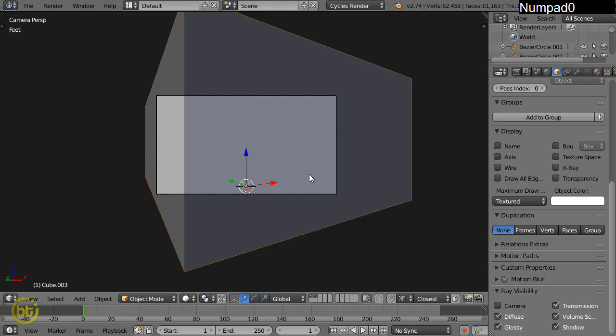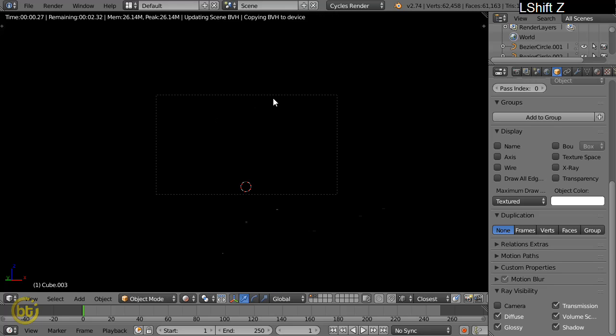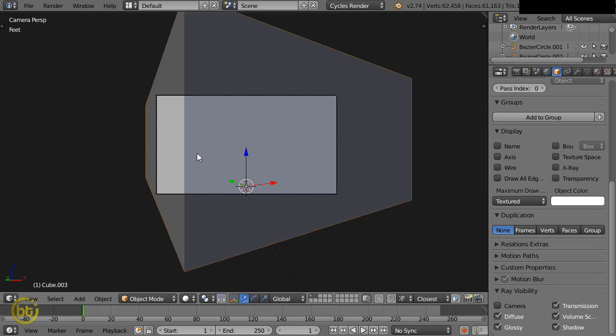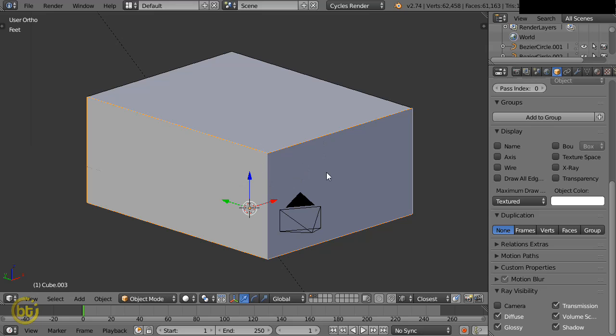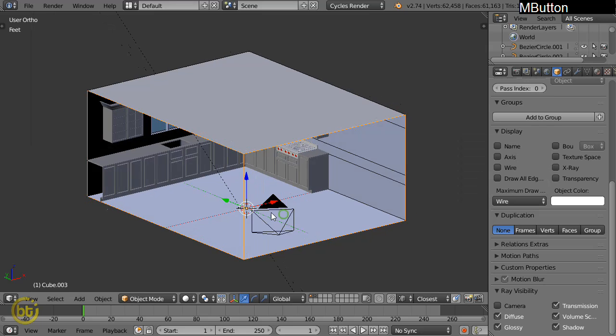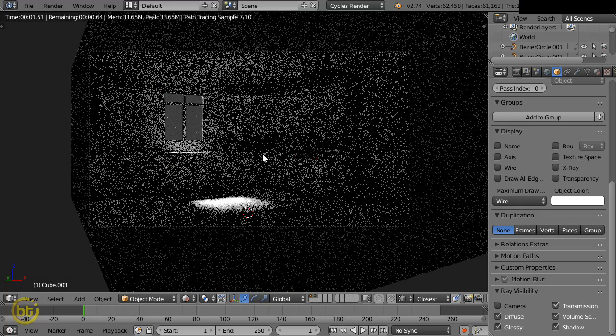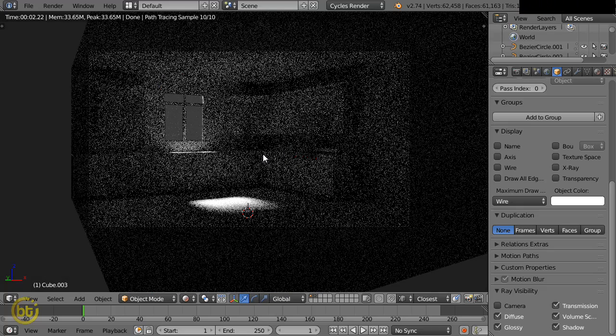camera. So if you can see inside this kitchen, this one is invisible to the camera. Okay, but it's hard to see if this one is still enabled. So I will set this one to wire. Okay, so I can see that the light strength is not enough, so we need to adjust some lighting